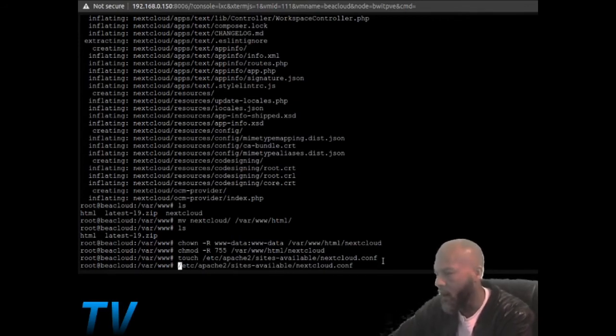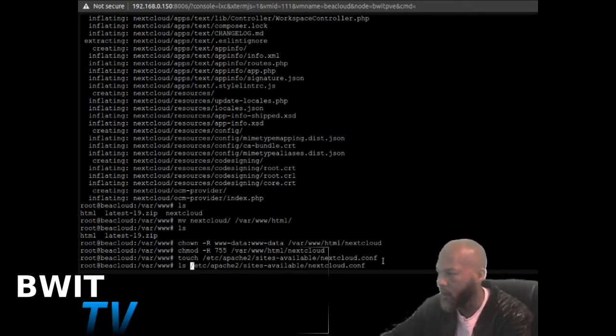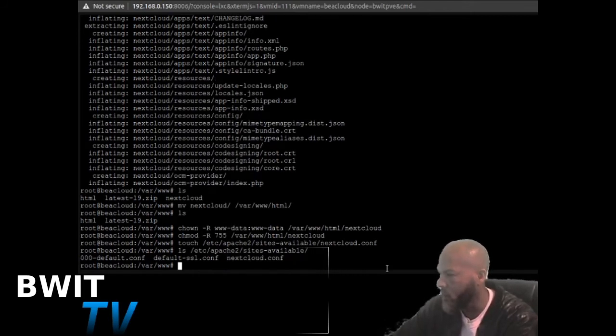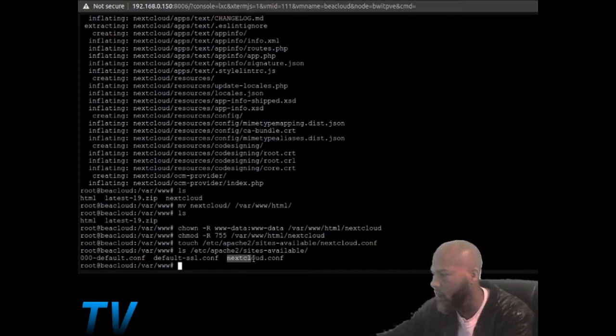Just to verify, you can type ls, the path, and then go back up and remove the nextcloud.conf. You want to just see what's in there, and there you go. As you can see there, here's our nextcloud.conf. Okay, there's nothing in there. All right, so